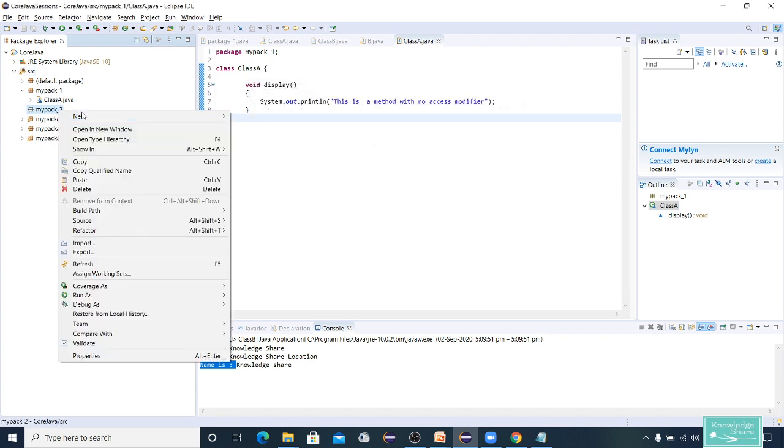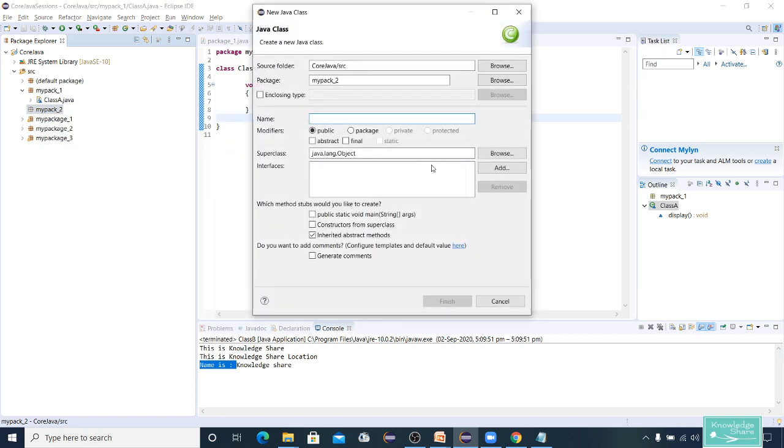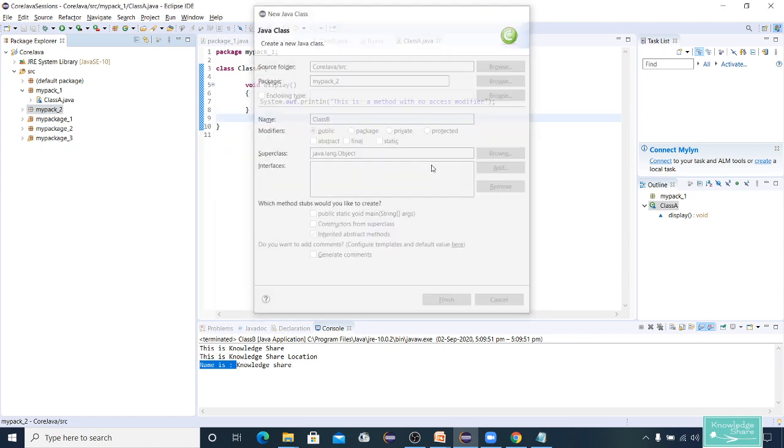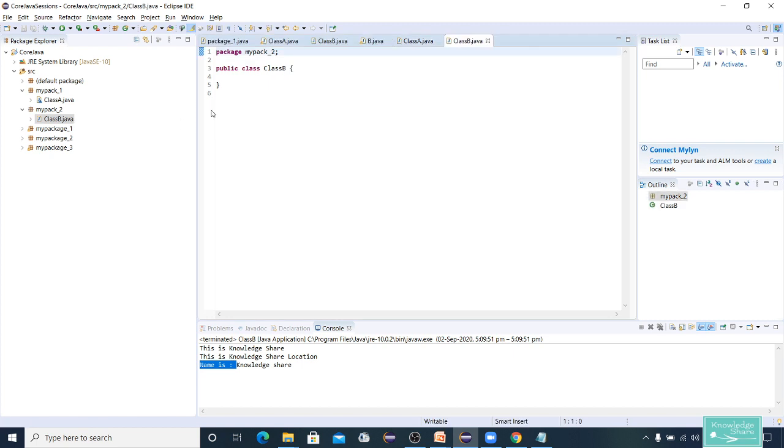Now I'm going to create one more package, my pack underscore 2, and one more class here. I'll call it class B. As I said, you have to import your package, or let's create an object, then it will show us how to import the package.